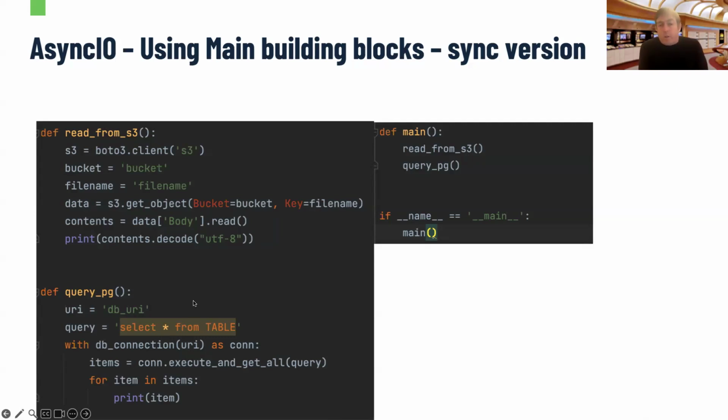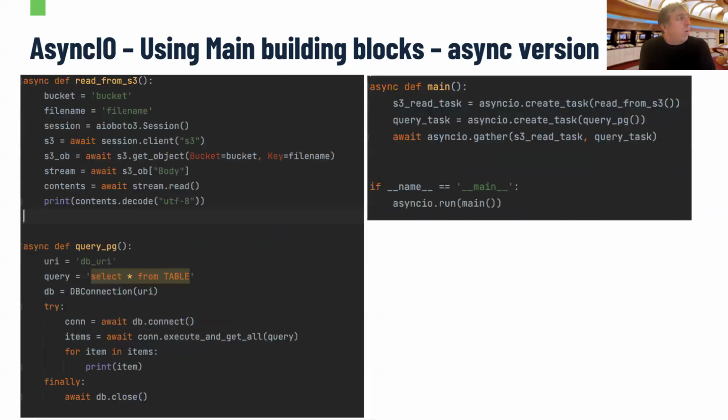Assume we want to do this together, because we want to have the context returned with the content itself, but we don't have any connection between the two contexts. So you can move to Async IO, define this as a coroutine using the aioboto async library, and using asyncpg, create a coroutine from the database query, and then you can use gather to run the two coroutines together, independently from each other.